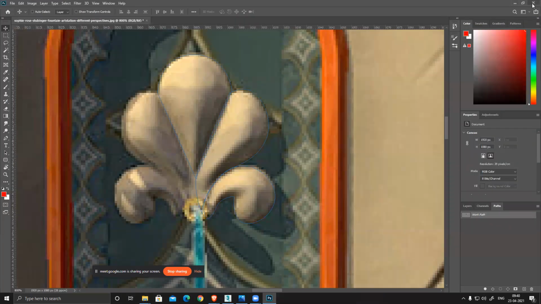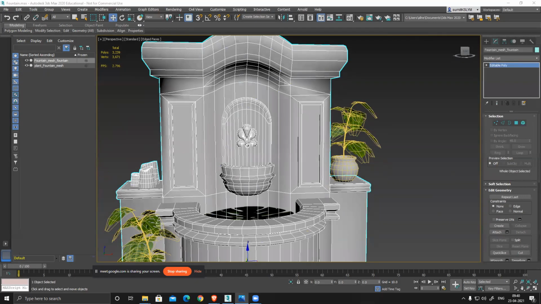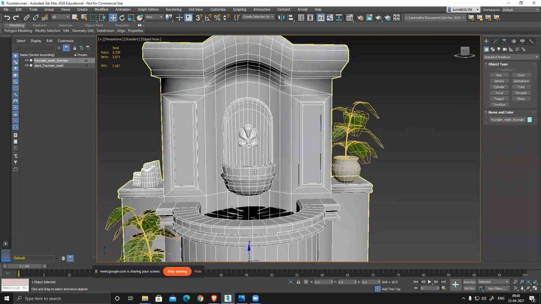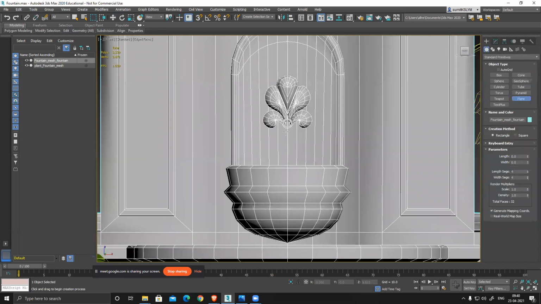Just give me a second. Okay, now we have water like this. It's basically a plane. So front plane.